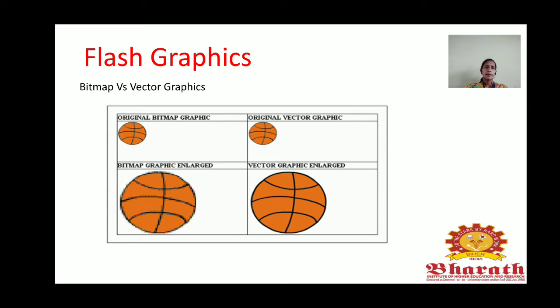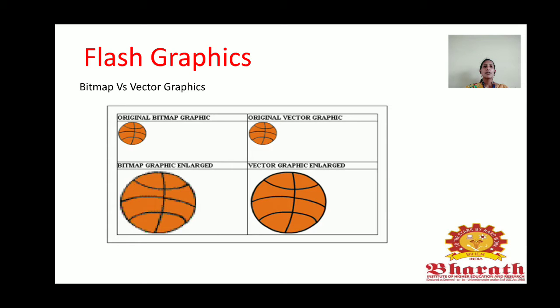When you enlarge that original picture, the lines break down into the pixels, and accordingly the graphic image breaks down.